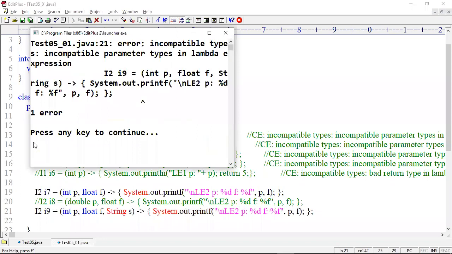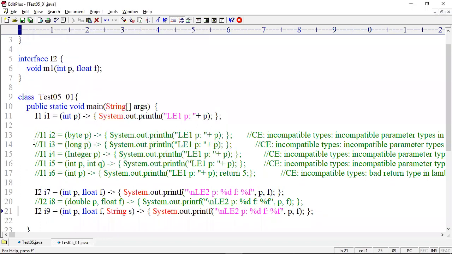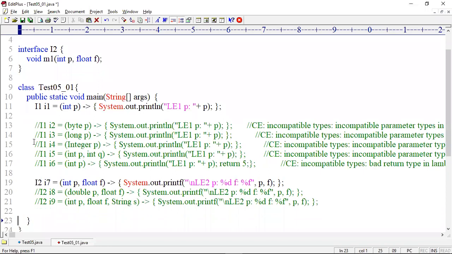A lambda expression is not just an anonymous function like in Python, where you can take any number of parameters as you wish. In Java, it is the implementation of one functional interface, so the parameters and return type must match, otherwise the compiler throws an error.